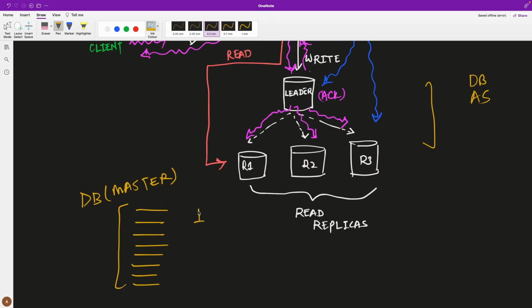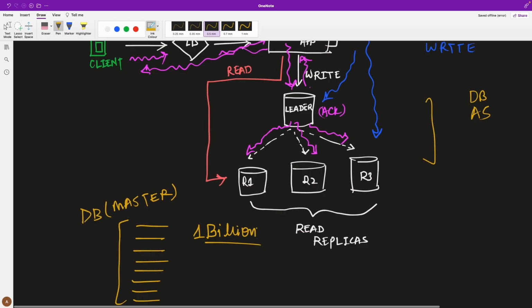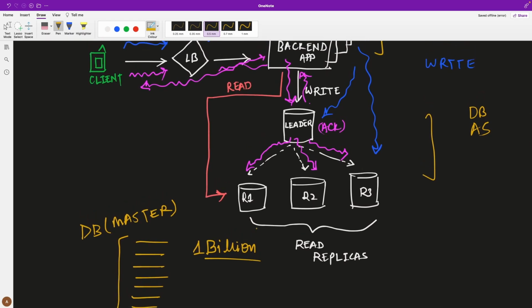Now let's say this database has 1 billion records, and again you're facing the same problem. Now your database queries, reads or writes, have become very expensive. Why? Let's say you still have indexes on certain fields on which you are querying, right? But whenever you create an index, you also create extra overhead in the system.